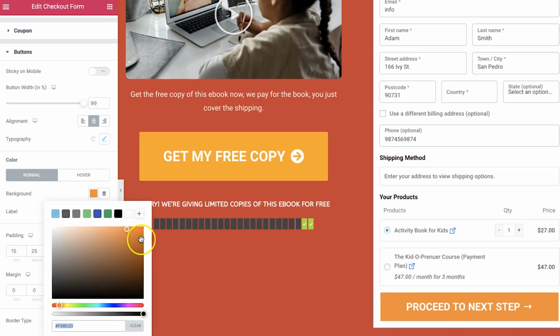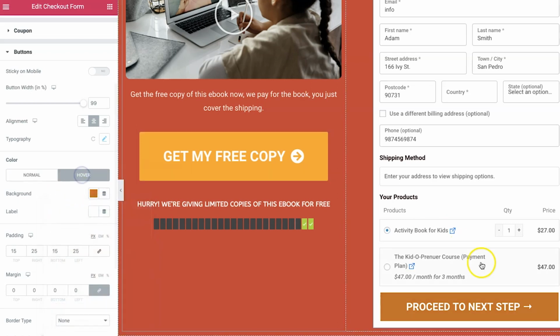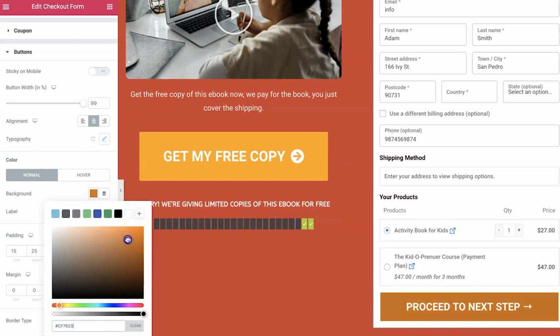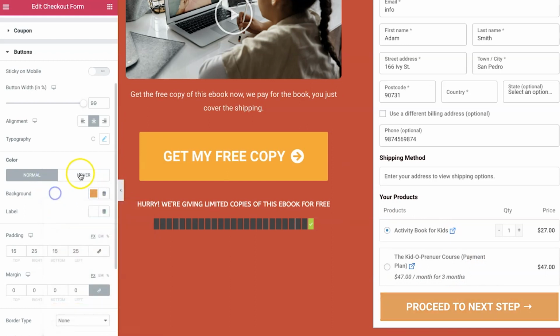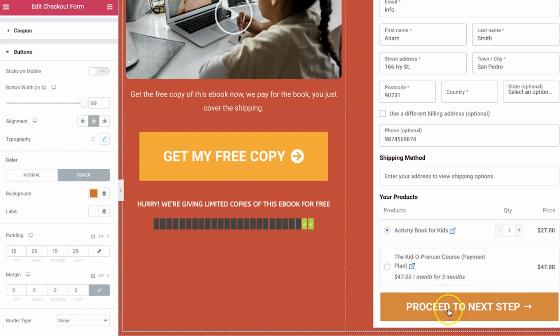Here of course you can change the color, so you can change it to whatever matches your brand theme better. And on hover, right now it was actually a little on the lighter side, and on hover it becomes darker, so you can change that as well.